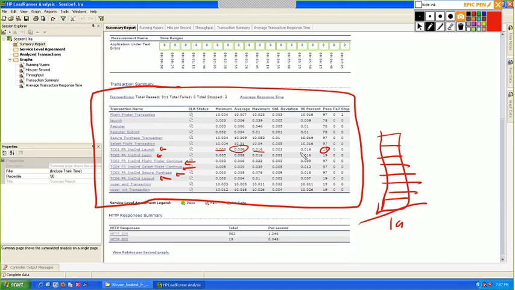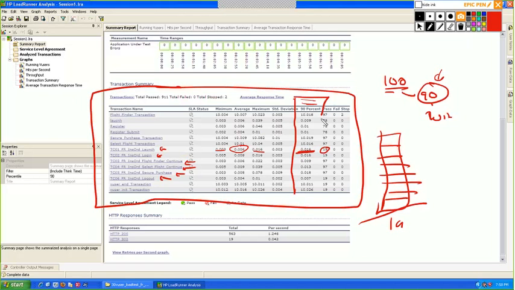Now you have the 90 percentile. This is what we usually take for our response time. What do you mean by 90 percentile? Say I am running with 100 users, for example. When the 90th user was in the system, what was the response time for this 90th user? That is this. How did we get this response time? We can see the graph. I'll show you the graph which will show this response time. Now this is the response time that we take in our application.